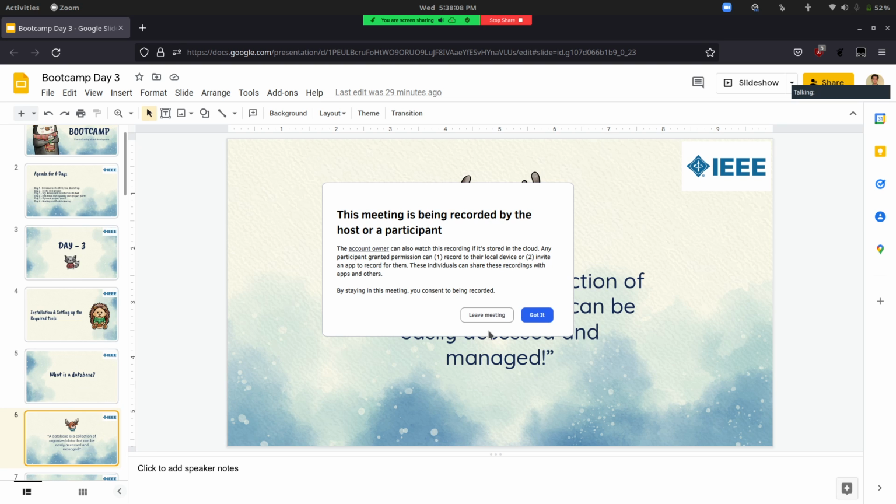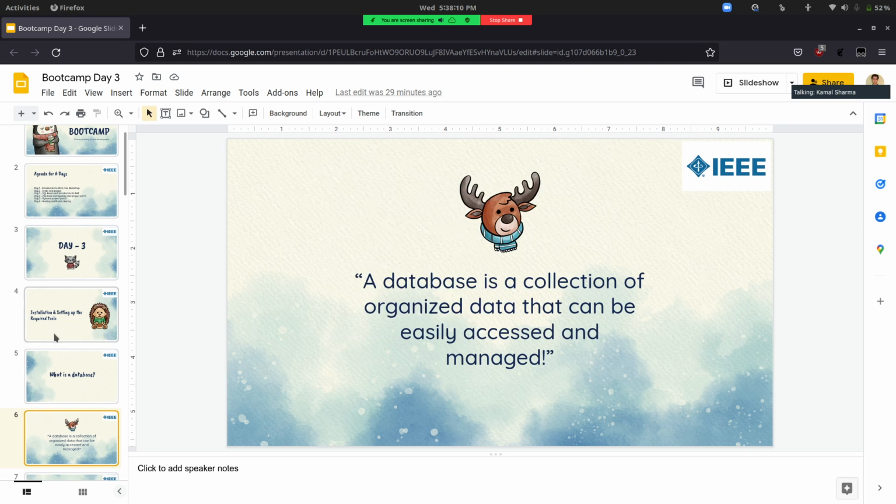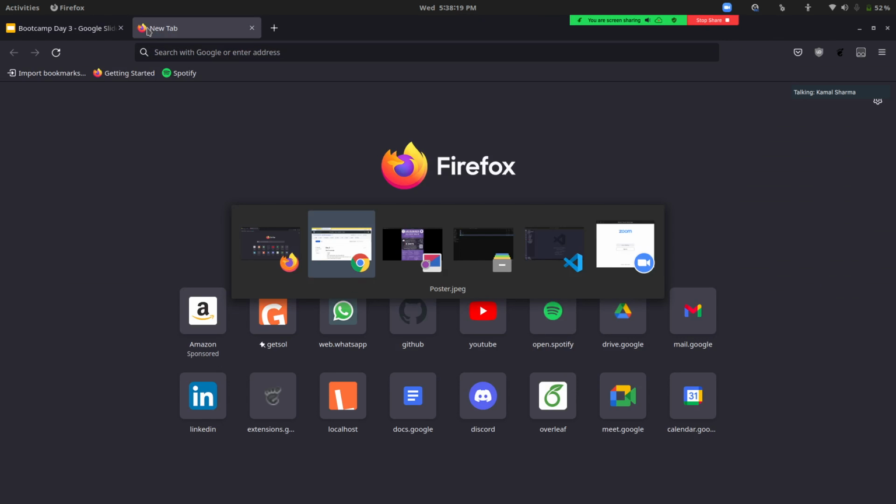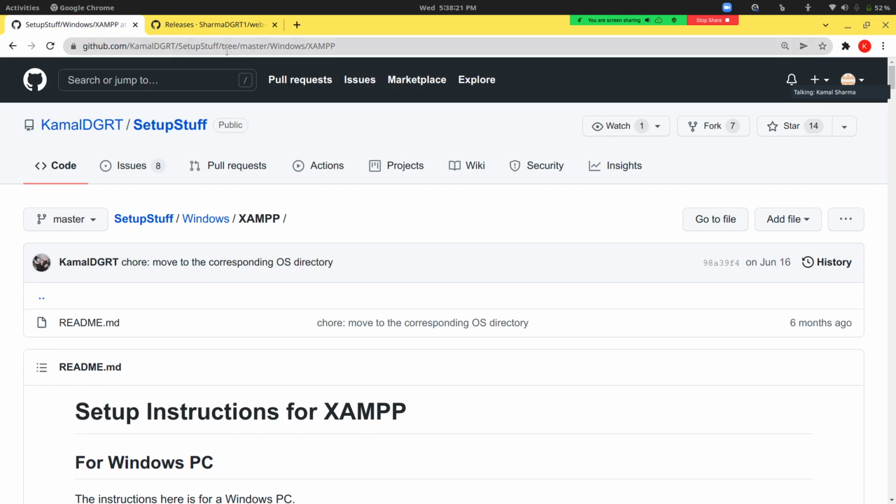In today's session, I will be needing, like I had mentioned in yesterday's session, that you have to install XAMPP. So I hope you guys installed it. If not, I'll just share the link again in the chat box.